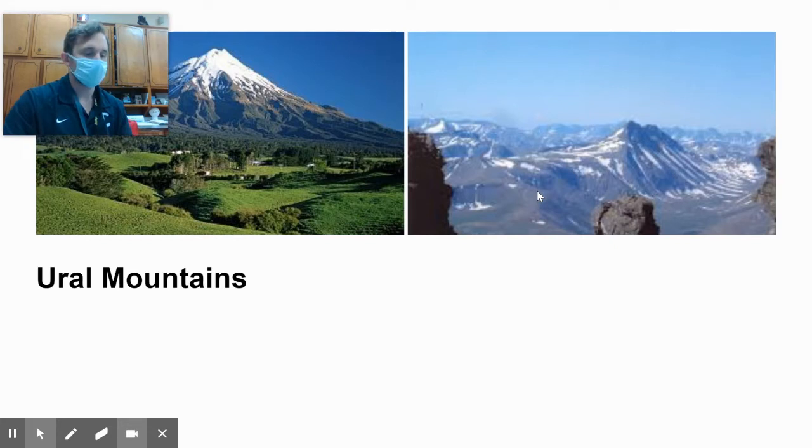You have a picture here of the Urals. These extend about 1,300 miles from the Arctic coast to the border with Kazakhstan. So a pretty long mountain chain. It does help to create a more desolate climate in Siberia because it blocks a lot of that Atlantic drift air that we talked about last week. So it kind of creates almost like a wall to an extent, which does not help to moderate the climate over in Siberia very well.